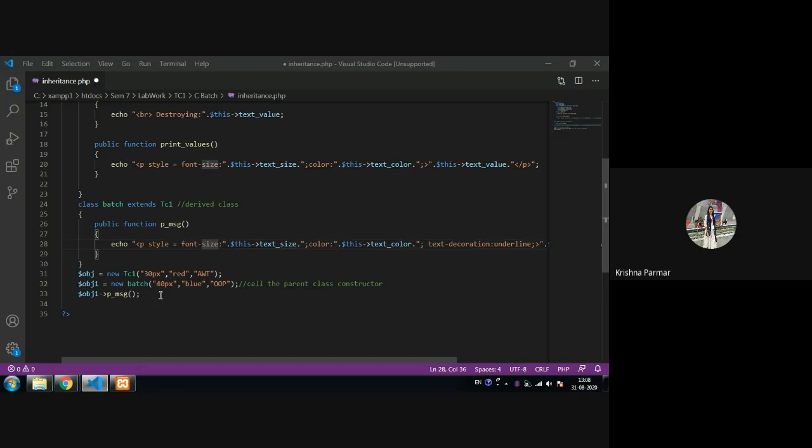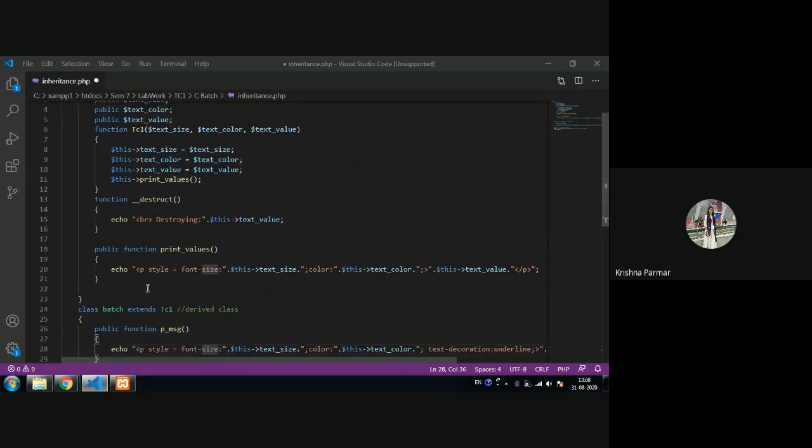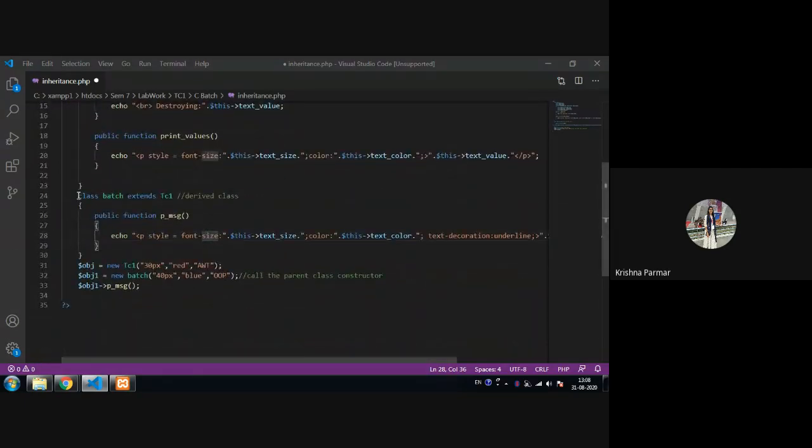Okay, now go for the program. Write it down from scratch. This part you already covered, so you only write the remaining part. Just write it down and try to execute it. Riddhi, your XAMPP is also working well? Are you getting the output or not? Okay, good.